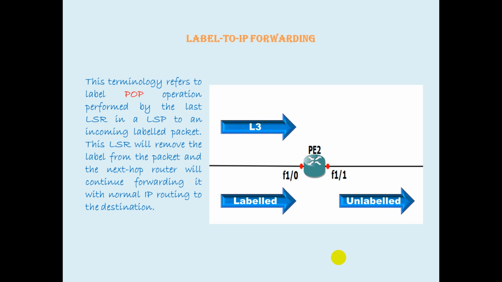So you can see I received L3 as a label, and then it has been removed to an IP packet. So this is the process which happens on an MPLS enabled network. It pushes a label, then swaps a label if there is an LSR, and then it pops out a label to convert into an IP packet again. Same process we will be doing for our